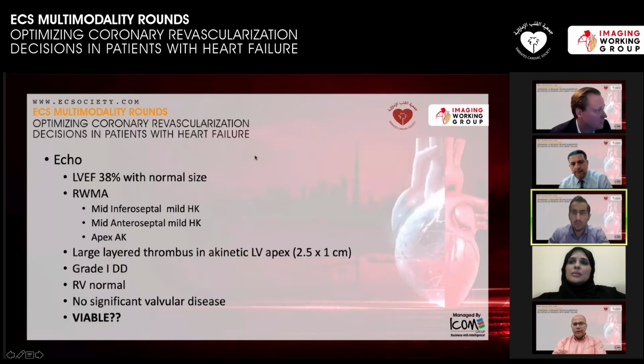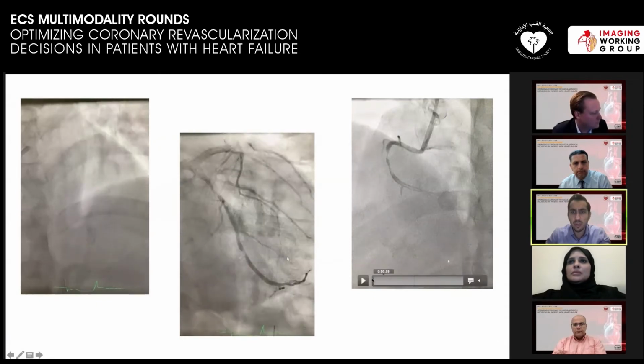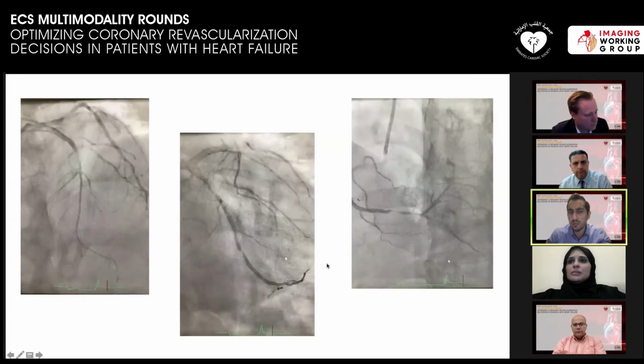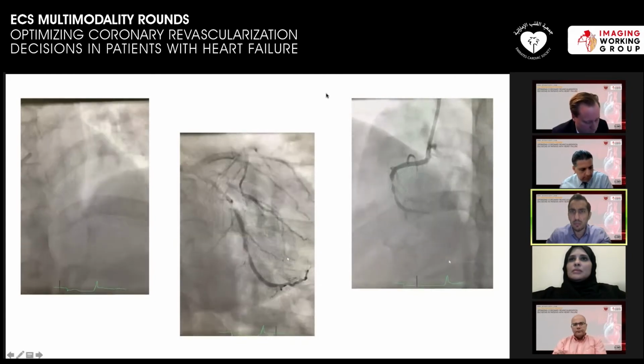Great. Excellent. So just bringing up at the bottom, do we have enough to say that it is viable? It's perfect, it went right into a discussion in regards to how we handle this in the ACS setting. Taking a look at the coronary anatomy, this is a patient that had multivessel disease, overall focal lesions, with a SYNTAX score that would probably be calculated at moderate. With the culprit, you can see a thrombotic lesion in the mid segment there,